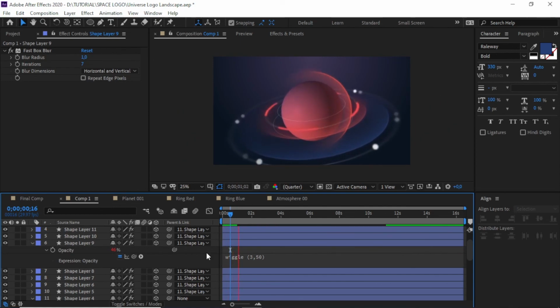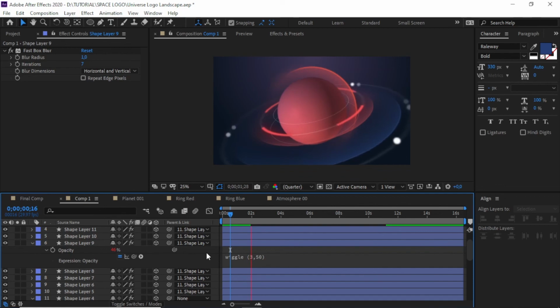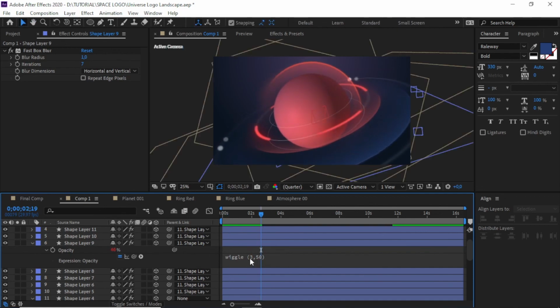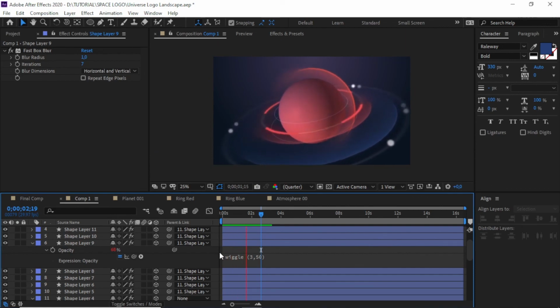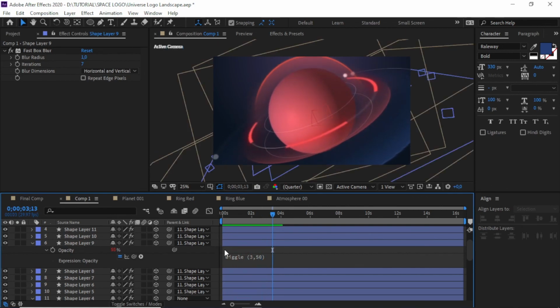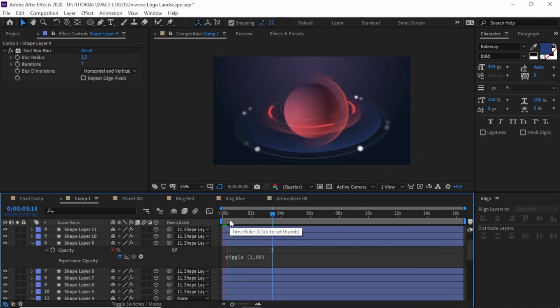Some kind like that. You can make it slower, but with a higher change like that.